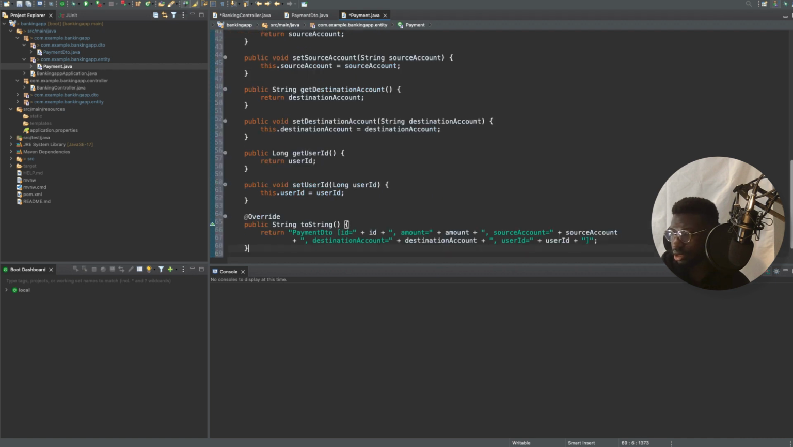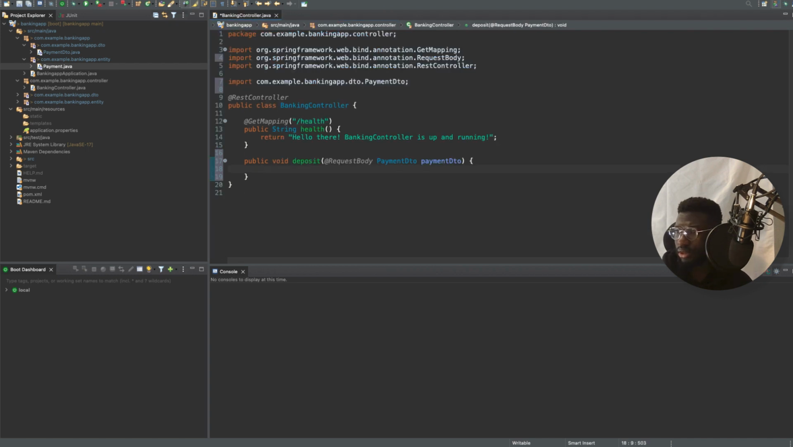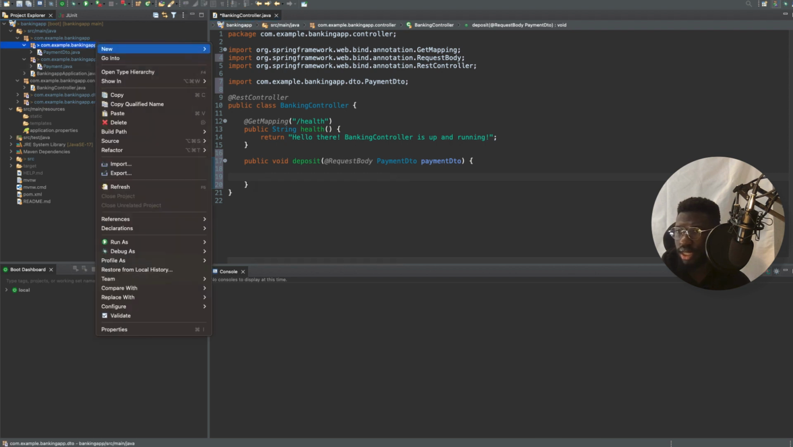Just need to change that DTO to payment. Alright, so save this. So let us get a service, connect this to the service class. So I'm going to create new